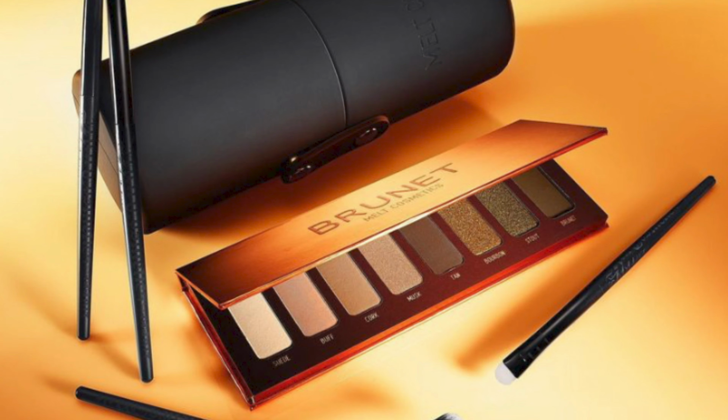Today's video is yet another dupe video, and today we're going to dupe Melt's newest eyeshadow palette, and that's the Brunet palette. Now this palette comes with 8 shades and it is retailed at $48, and this palette has 5 mattes and 3 shimmers. I think that's a good balance of mattes and shimmers, but it is yet another neutral